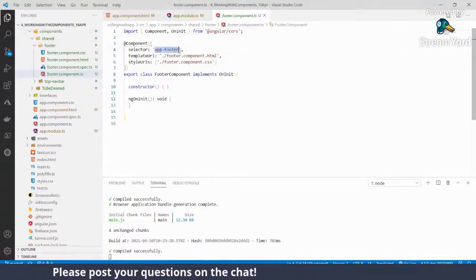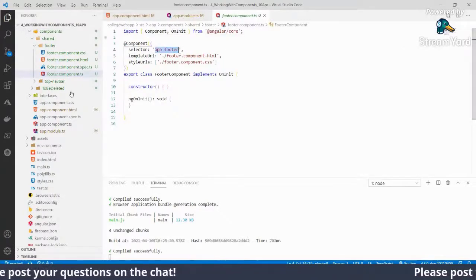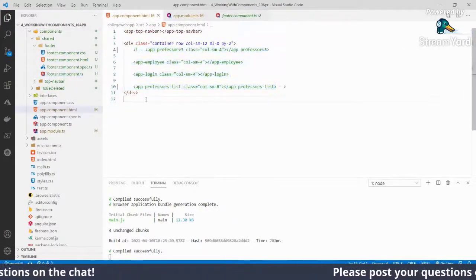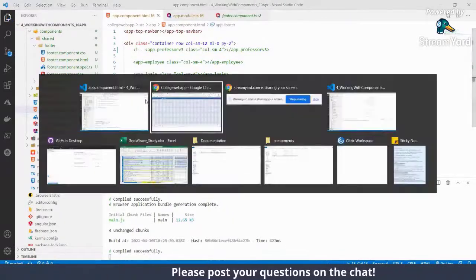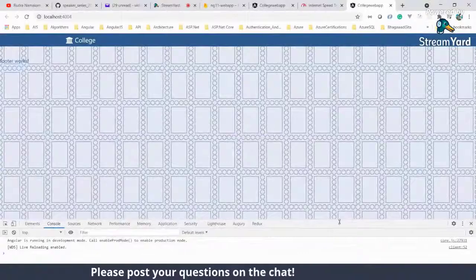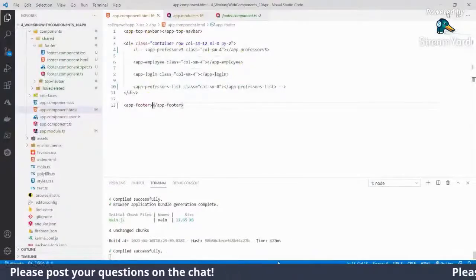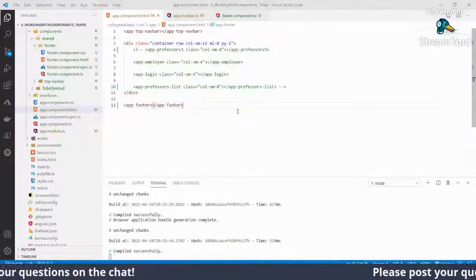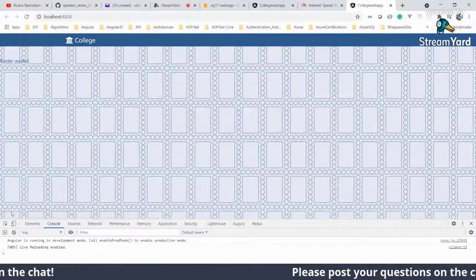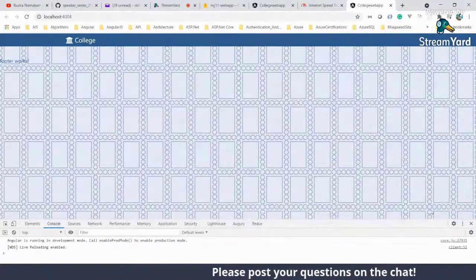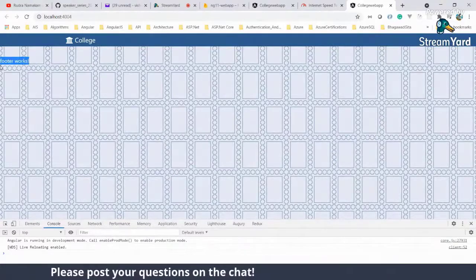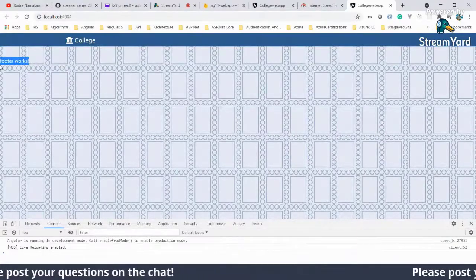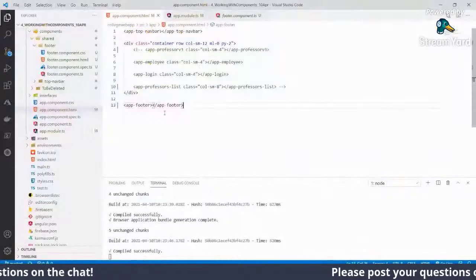Here is an app selector, and that selector will be used here. Once we use that selector, it recompiles, and you should be able to see the footer here. Footer works. Okay, that it displays. That should be fine.